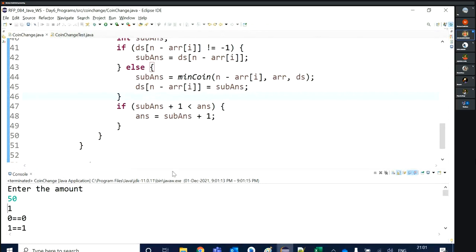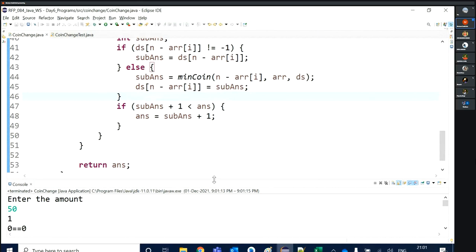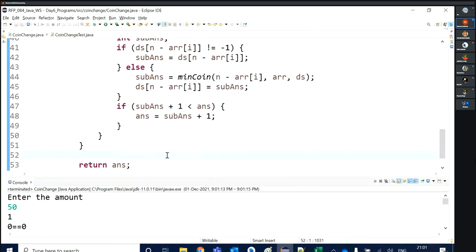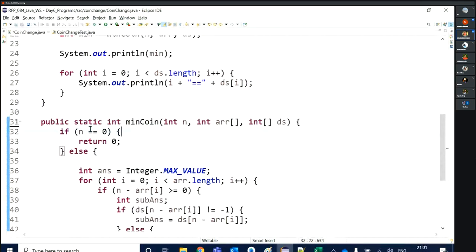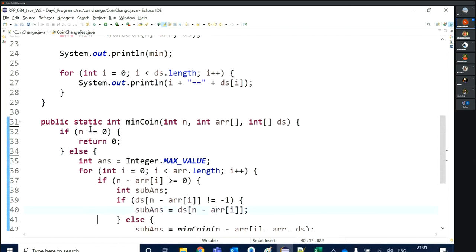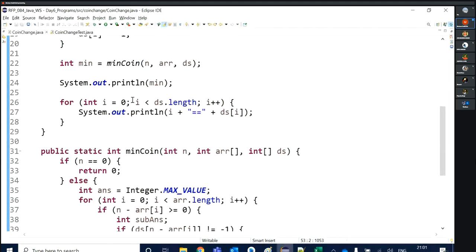Yes, sir, getting but so much confusion. What is confusing now? Flow of program, sir. See, the flow of the program we have done stepwise. If you try to understand with the statements, obviously you will be confused about why I have written this line. So I have written this program step by step.